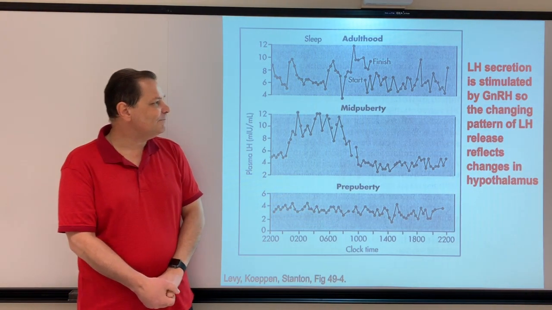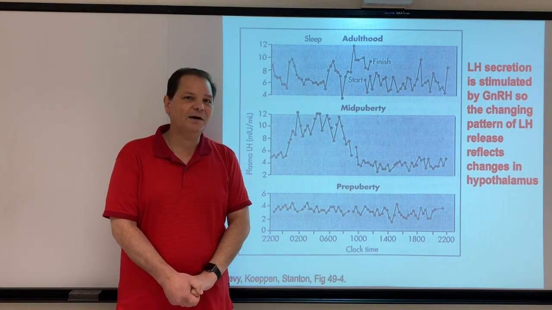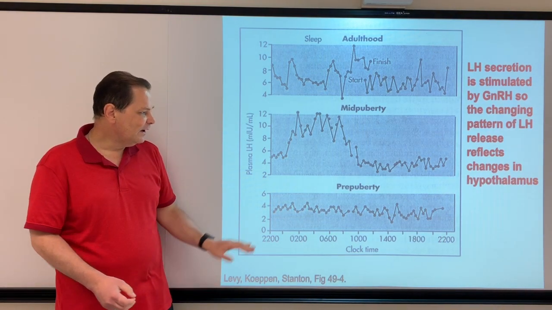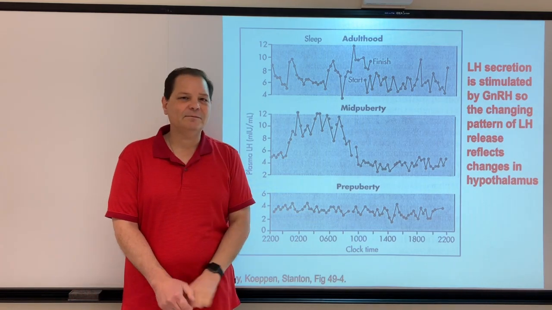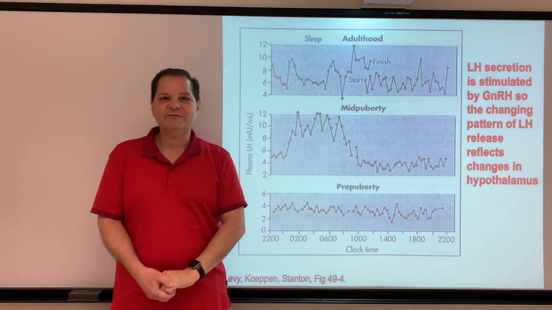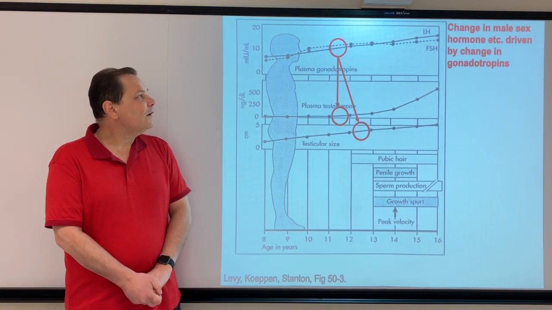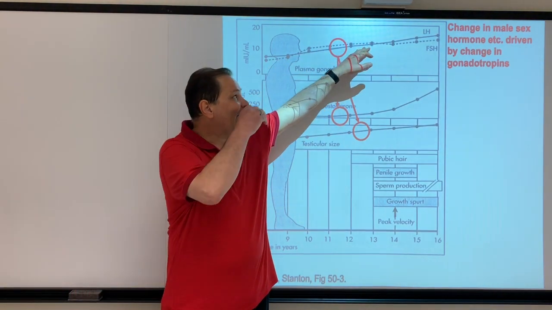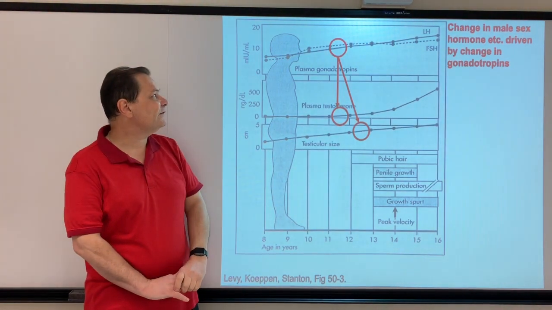LH is stimulated by GnRH, and so this pattern ultimately depends upon the pattern of release of GnRH from the hypothalamus. So you can figure that you have GnRH concentrations and release from the hypothalamus that more or less parallel this release of LH and FSH. Okay? So you'll notice that despite the fact that the LH and the FSH are rising relatively steadily, again